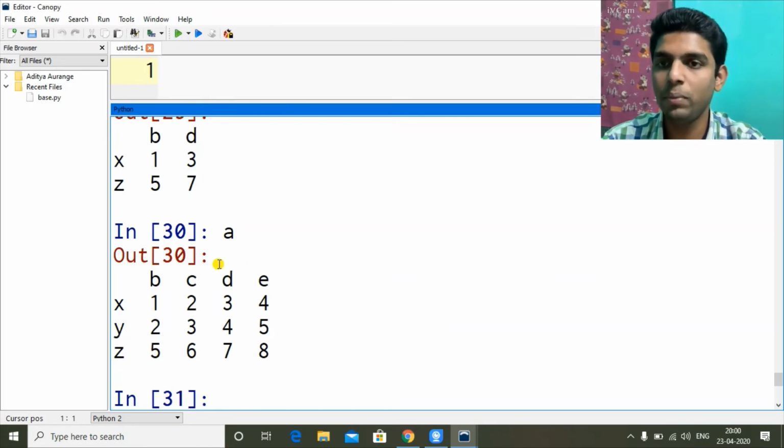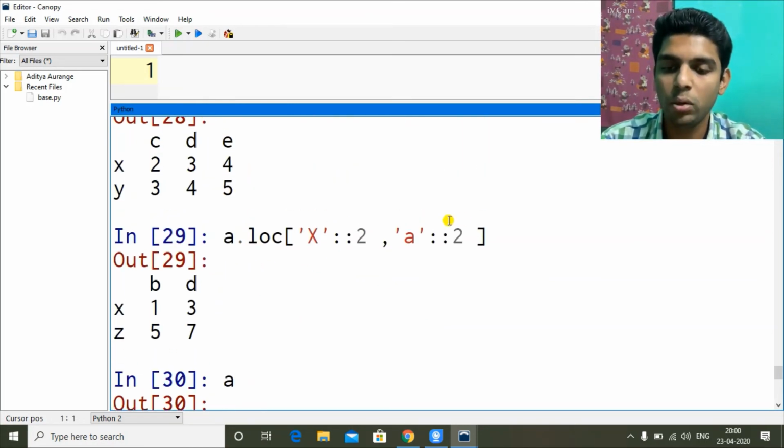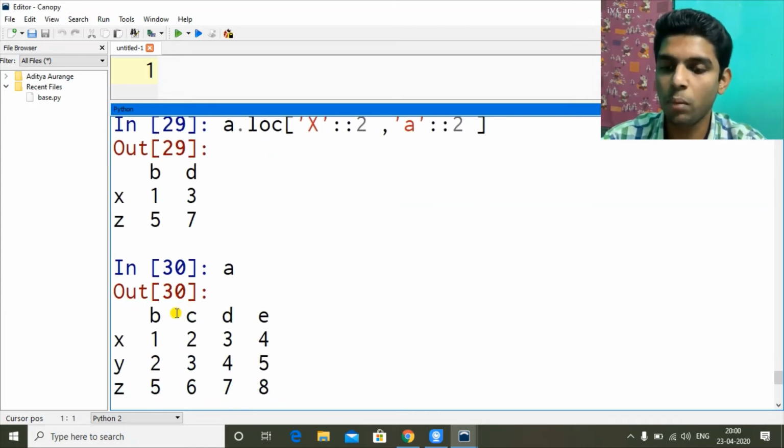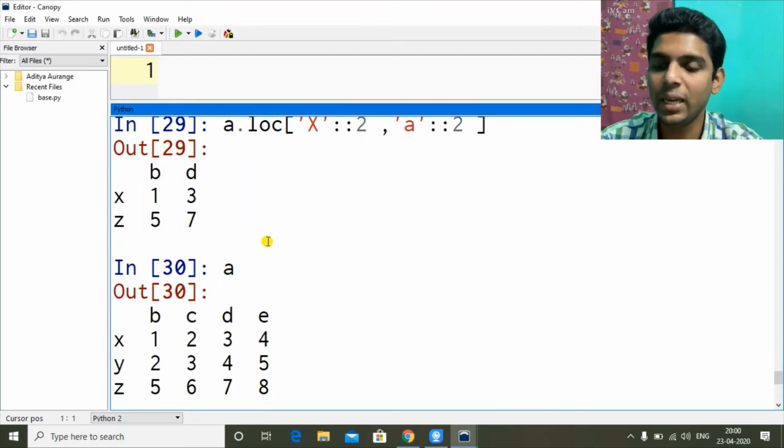It starts with B, so we gave A, but there was no A, so it took the default starting value. So from B, it took 2 steps to D. Then after D there would have been something after E, but there was nothing, so we got B, D and X, Z. I hope you are getting this.